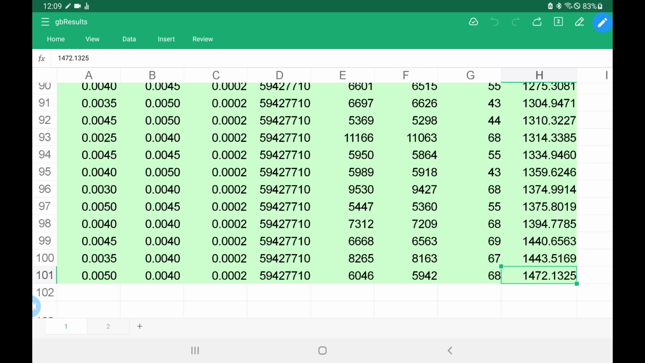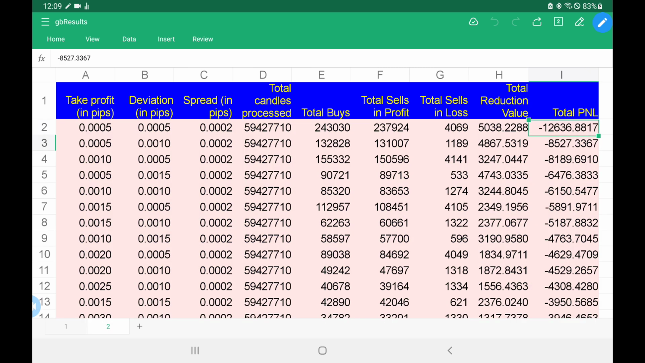$1,472. Now, this is with a $1,350 budget, $625 margin limit. So I've literally made double my margin limit without reduction, with a 50 pip take profit, 40 pip deviation. So going back to